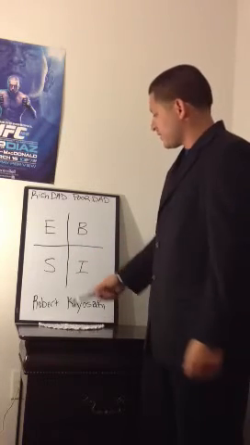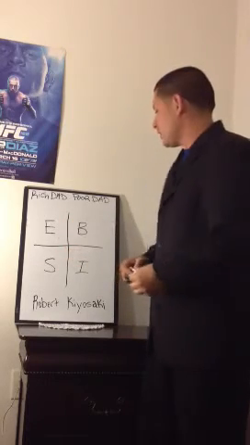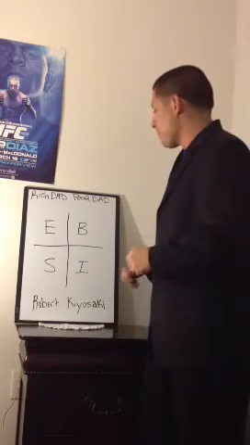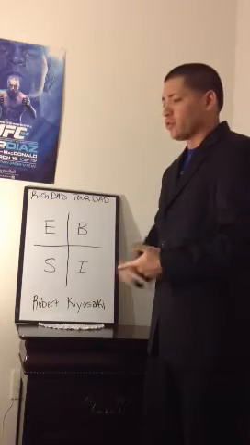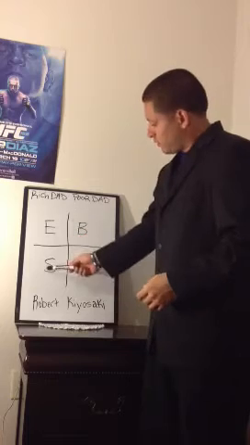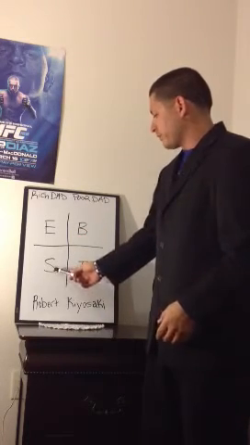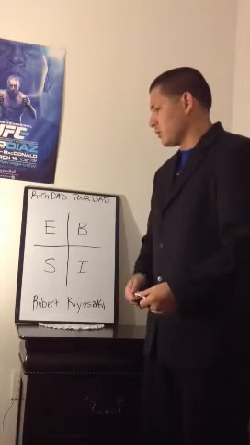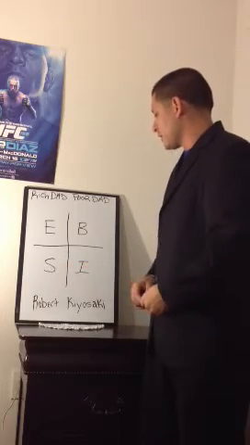Mr. Kiyosaki says the E is for an employee. Basically, what this means is there's 4 different types of people. E being an employee, somebody that works for somebody, works really hard, 40 hours a week. And we move down to the S, which is going to be your small business, or somebody who specializes, like a doctor, a computer technician. Any specialized field is going to be in the S.